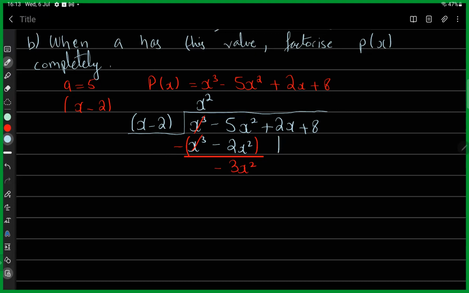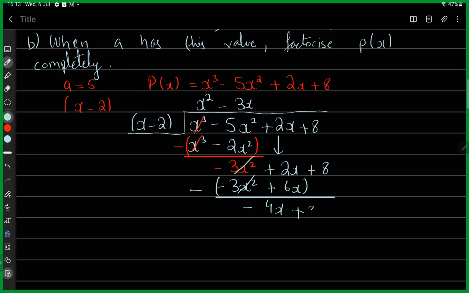And then I can just write these two directly. It's 2x and then it's plus 8. Next, I want minus 3x squared here. So I need to write down minus 3x here. So it would give me minus 3x squared plus 6x, and again I will be writing down the difference. So these two would be cancelled and I would get minus 4x plus 8, and again I need to write down